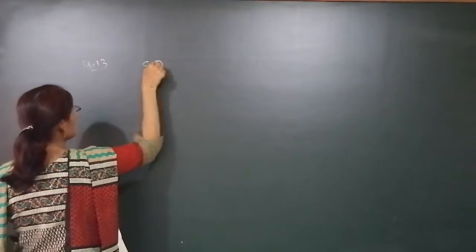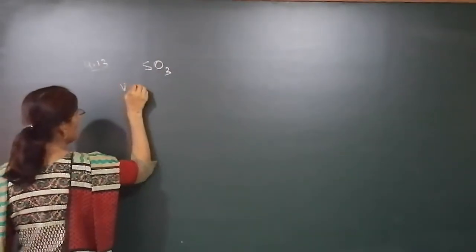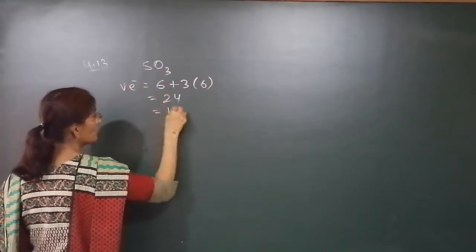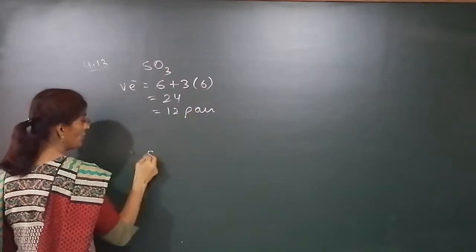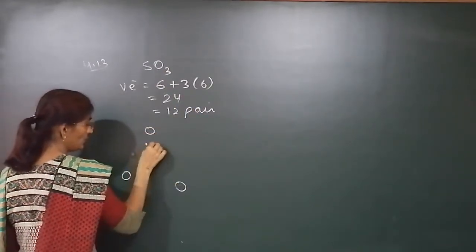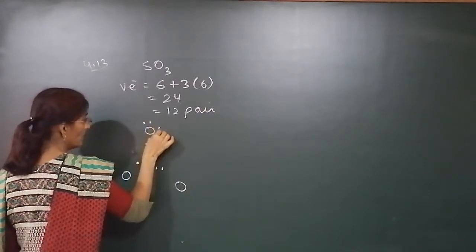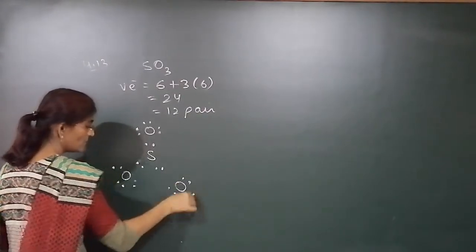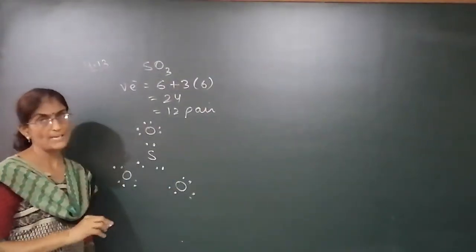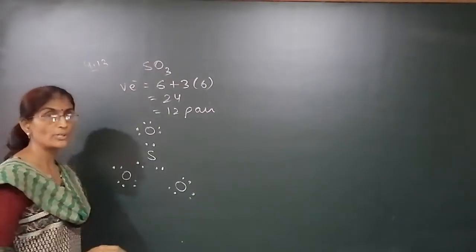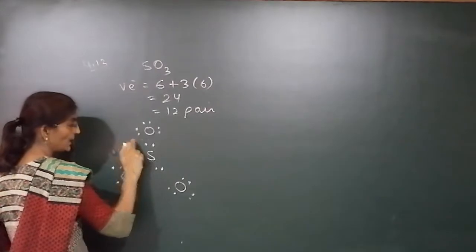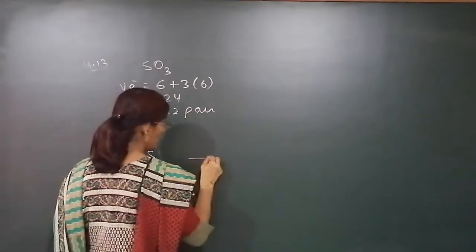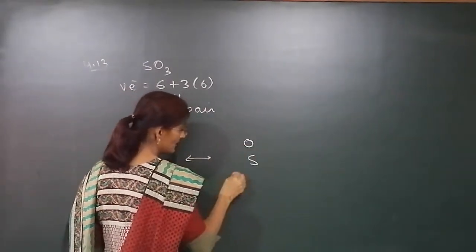We have to draw for SO3. If we count the valence electrons for SO3, it is 6 and 6 valence electrons in oxygen, so it is 24, which means 12 pairs. If we draw its skeletal structure, one electron pair we have to place in between. The octet of all oxygen is completed. 12 pairs, and 12 we had already placed, but the central atom sulfur's octet is not completed. So what to do? We have to shift one lone pair as a bond pair. Three ways we can shift. First, shift it here, or we can shift from this side.